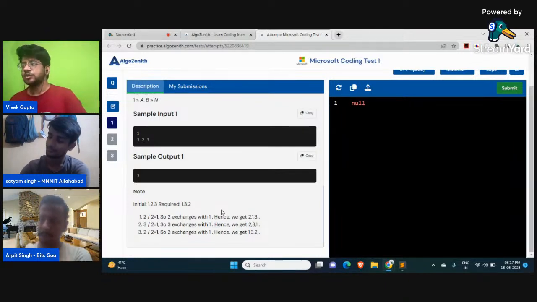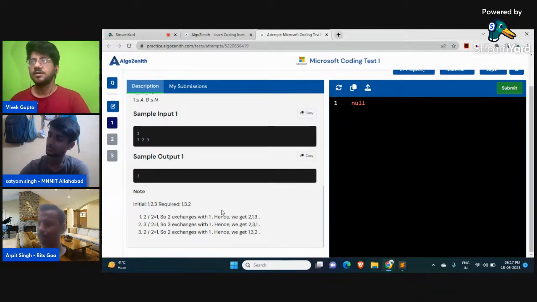Stop at 2, right? So maybe what I will do is 1, 2, 3, 4, 5, 6, 7, 8. I want to swap these two places. What I will do is I will try to swap these two, so that from this you go to this, and then from this you can try and go to this. So let's see how the operations look. 1, 2, 3, 4, 5, 6, 7, 8.